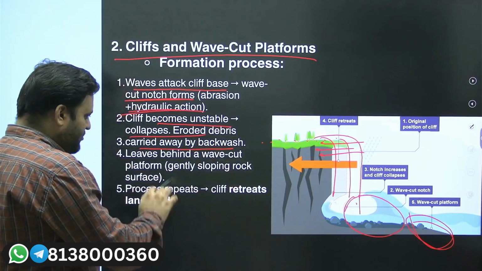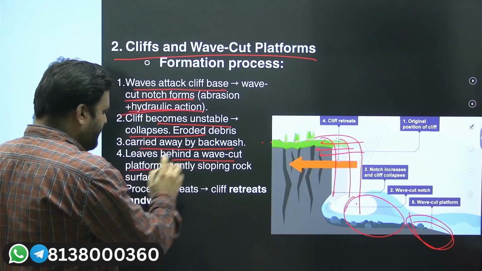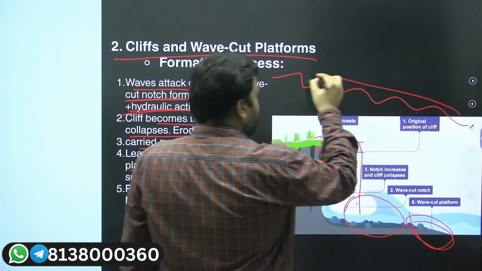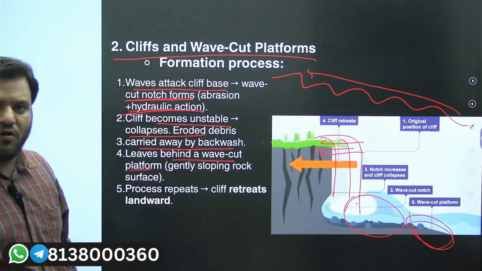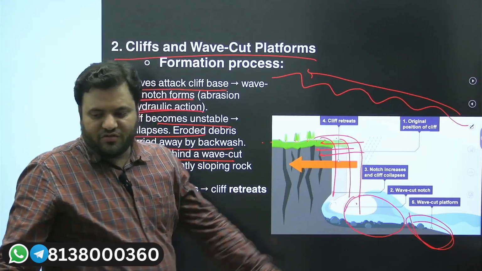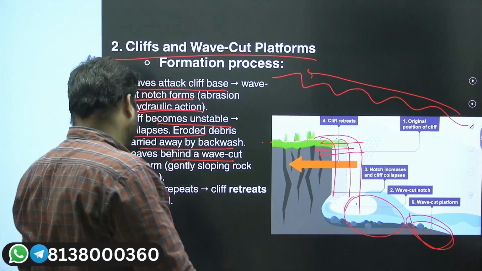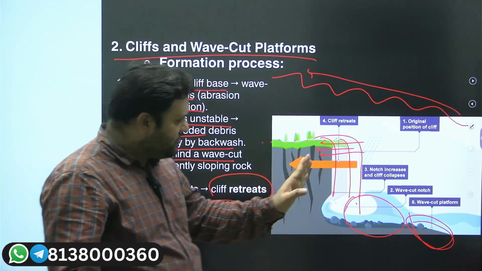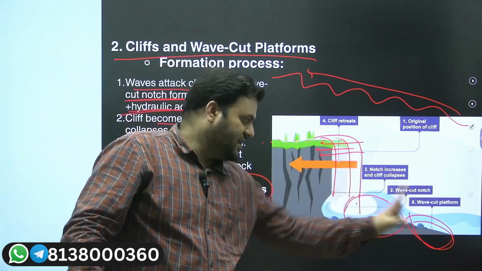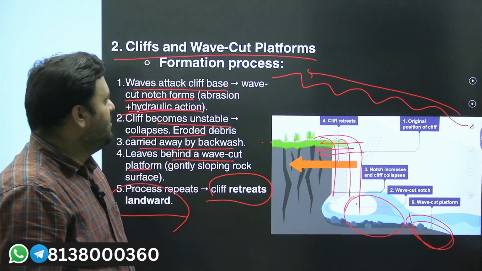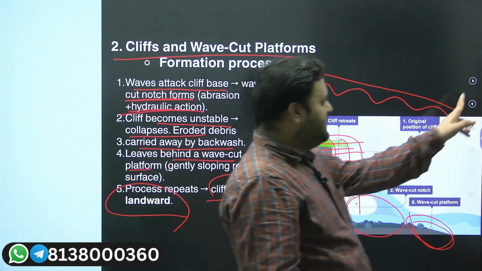It leaves behind a wave cut platform like this, formed because of the forward and backward action of the sea waves. When this process repeats continuously, the cliff retreats landwards, because of the advancement of these waves. So when we have this kind of appearance, they will be known as